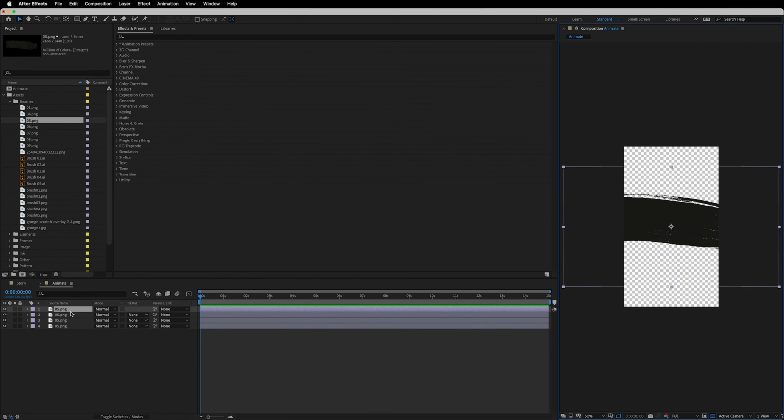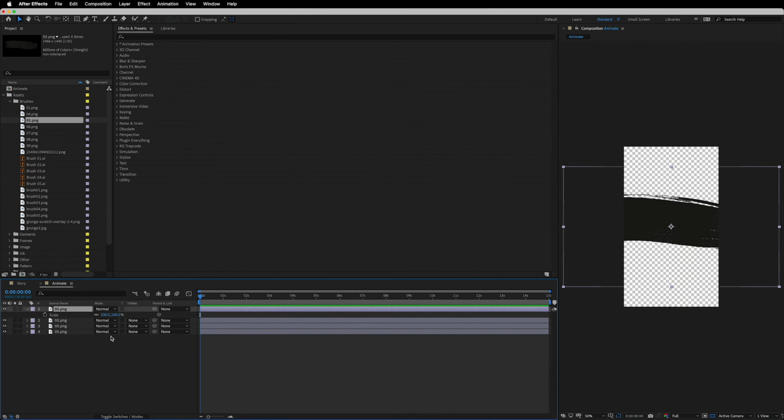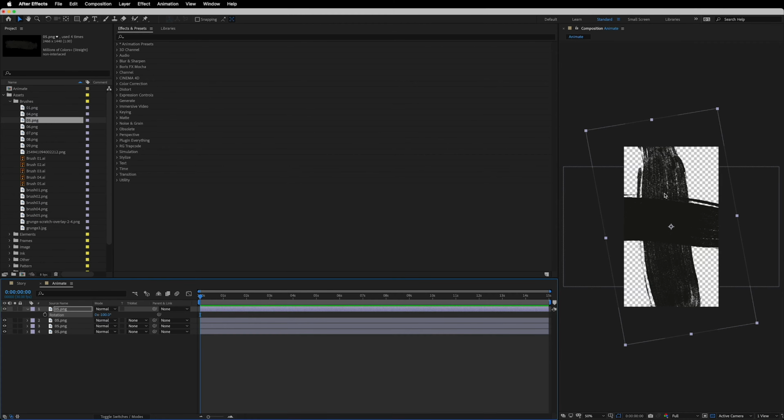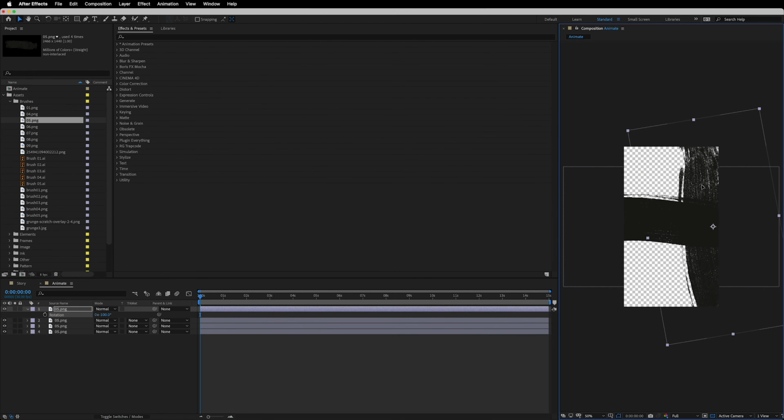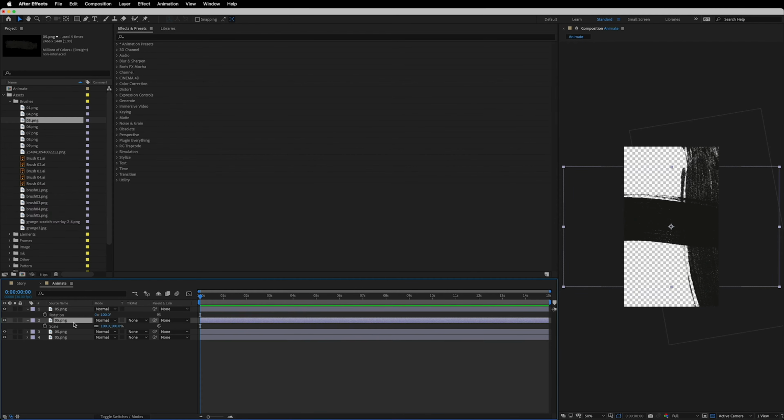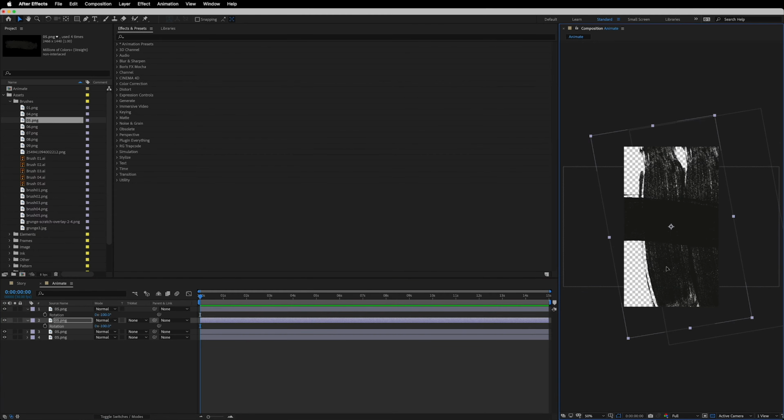Okay, and then make sure the layer is selected and then hit S to see the scaling properties, and let's scale this up to 106% and then hit R to see the rotation, and let's rotate this by minus 100 degrees like this. Okay, and then we'll simply move this layer a bit to the right like this, and in the same way we'll select the second layer, hit S to see the scaling, and we are not going to change the scaling as of now. So then hit R to see the rotation, and we'll again rotate this by minus 100 degrees like this. Okay, and again move this a bit